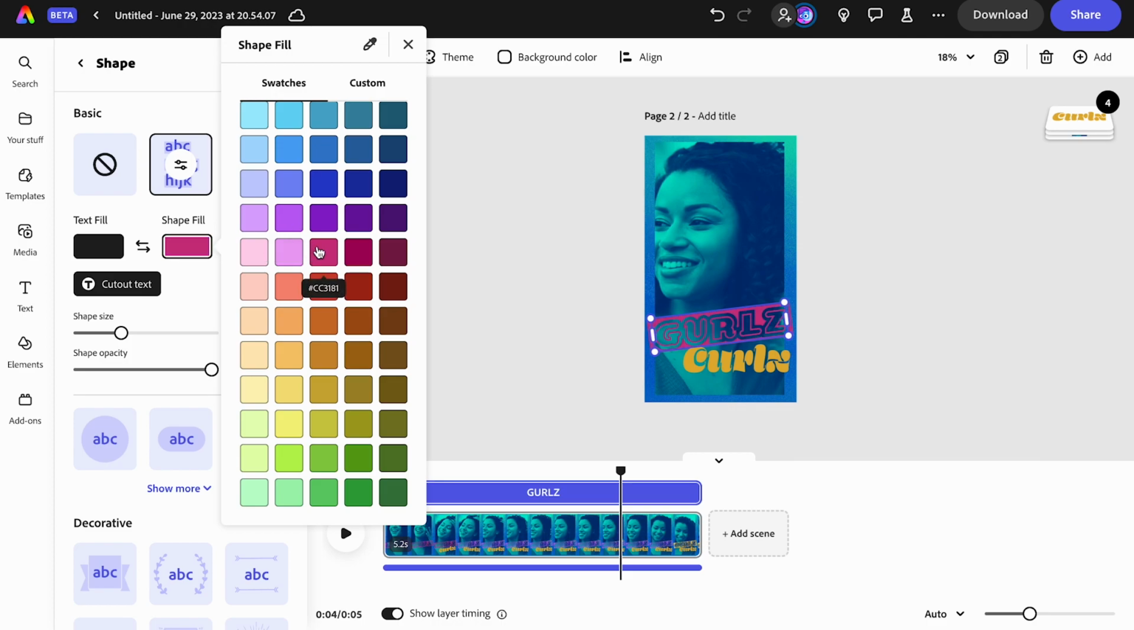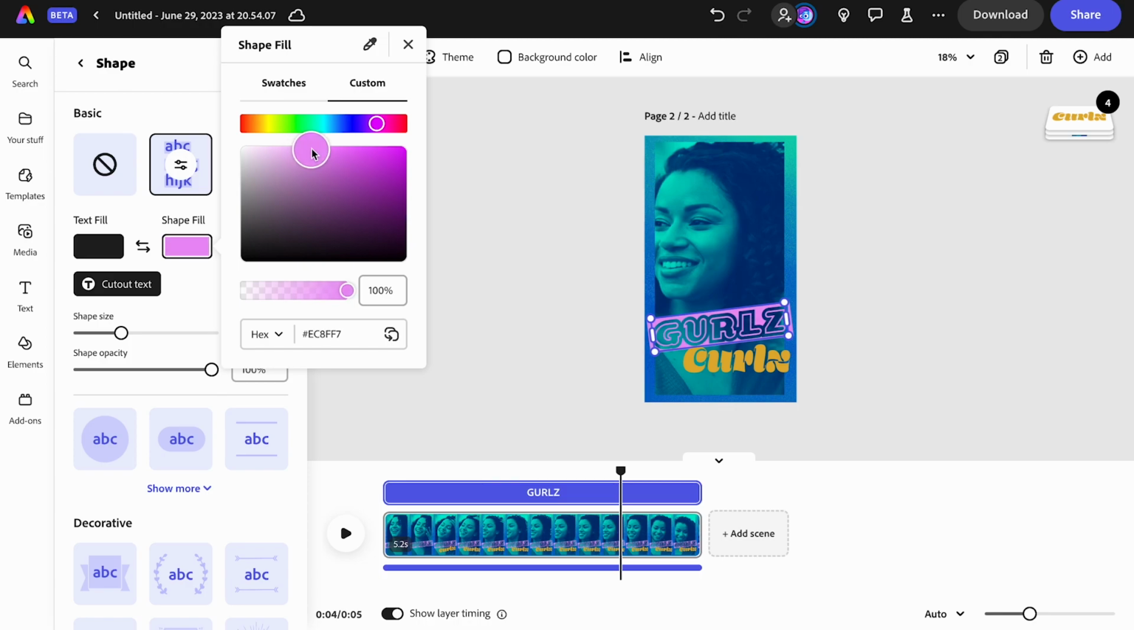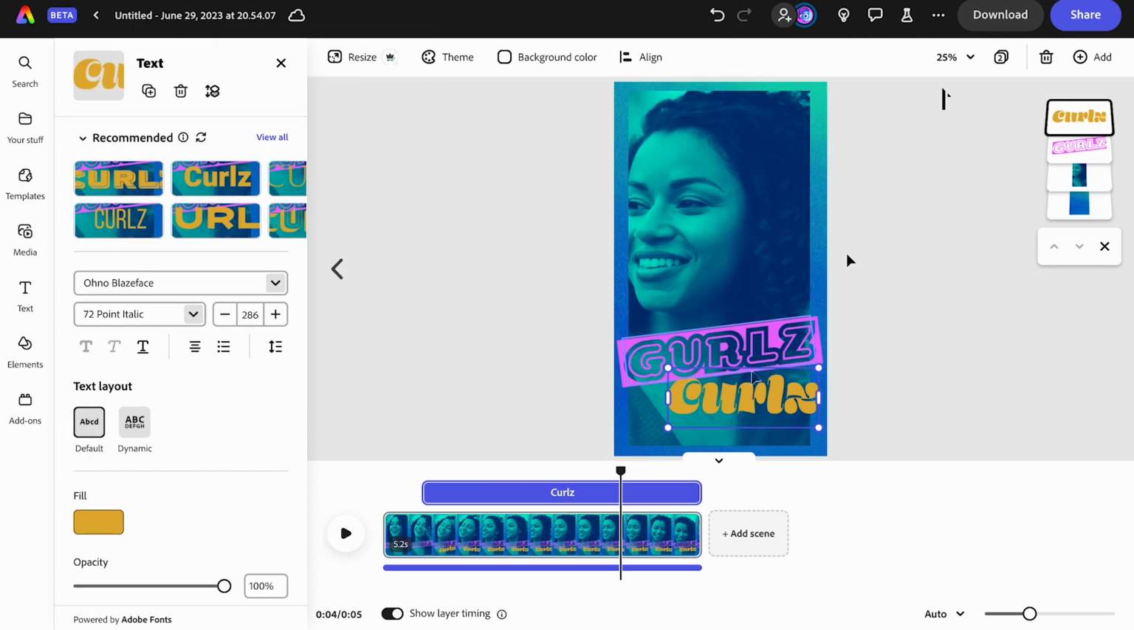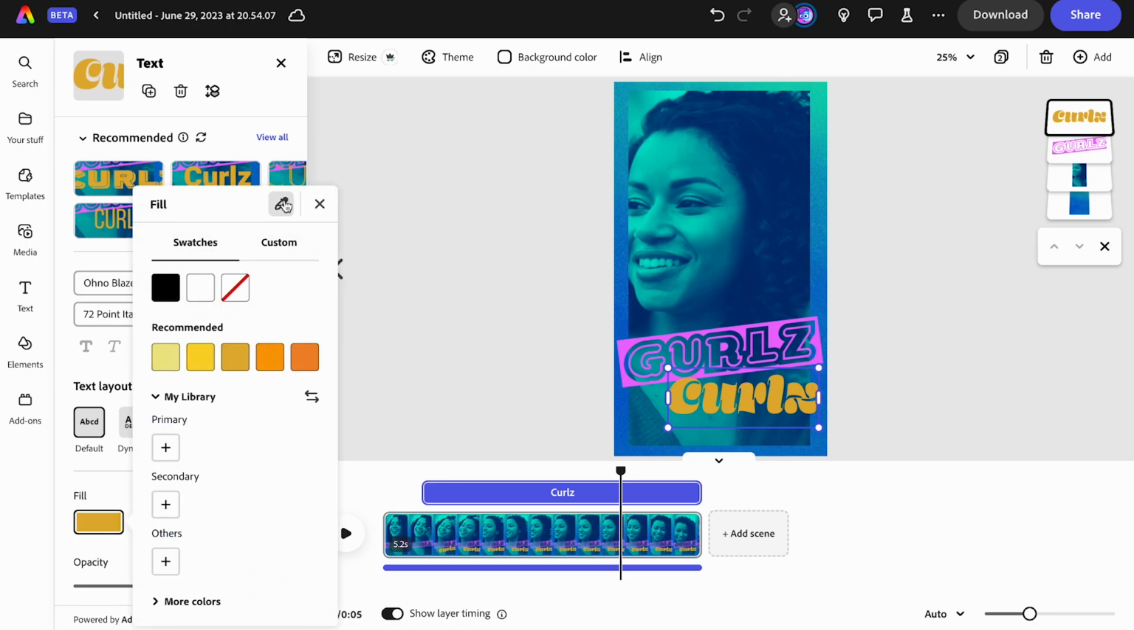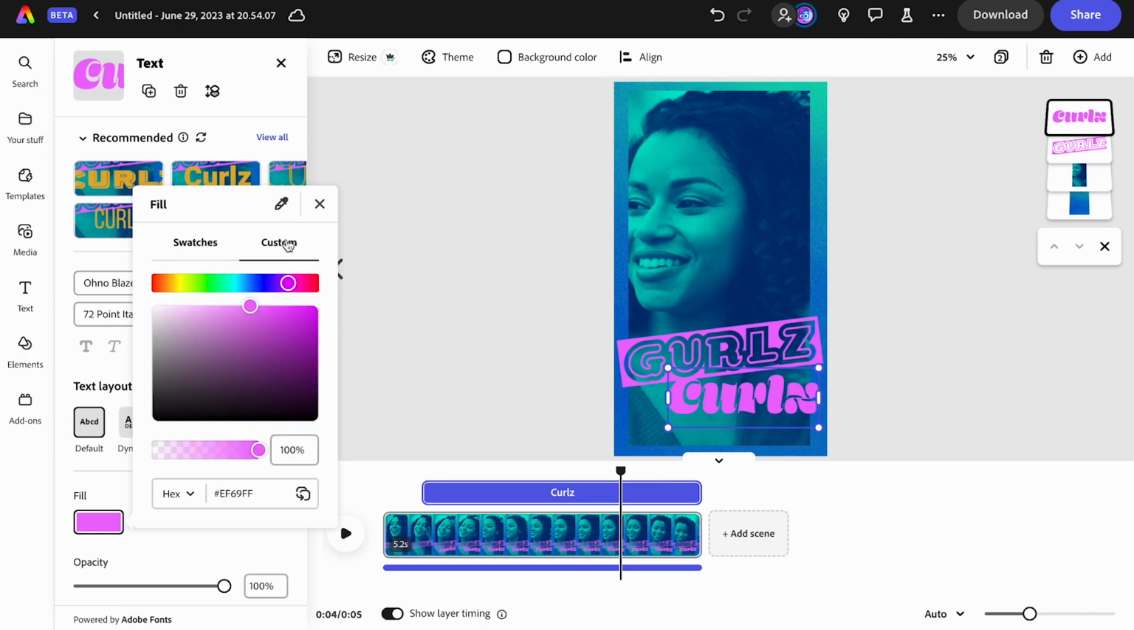That one's okay. Maybe let's start with that and then kind of make it really intense. That looks sort of good. I think I actually want that in the word curls instead. Oh, no problem. Let's pop open the color for that one and go pick the magenta color. And I'm really going to bump it up a little bit. Let's make it even